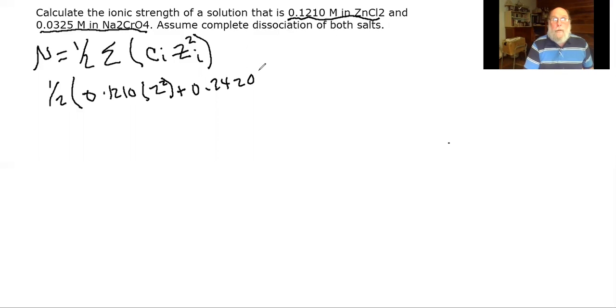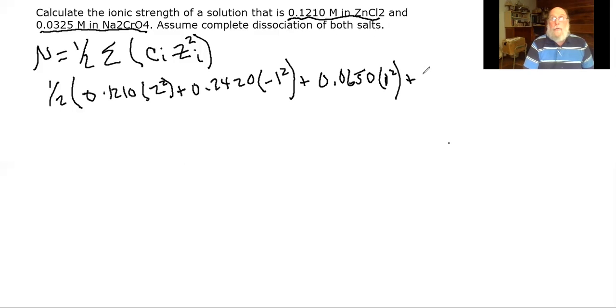molar times -1 squared, plus, now we got 0.0325 molar of our sodium chromate. That means twice that in sodium, so 0.0650 molar times +1 squared